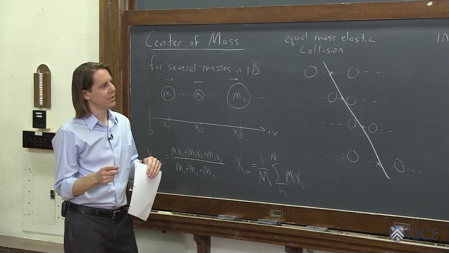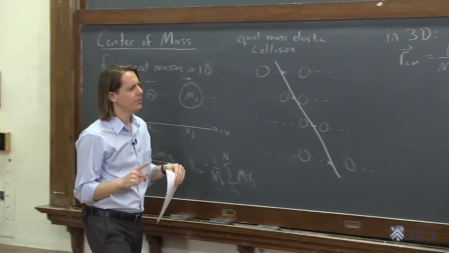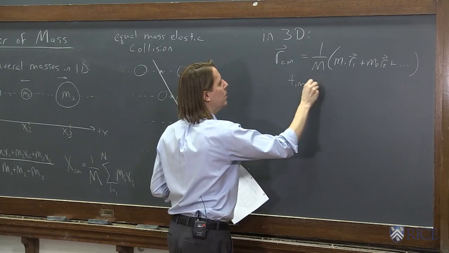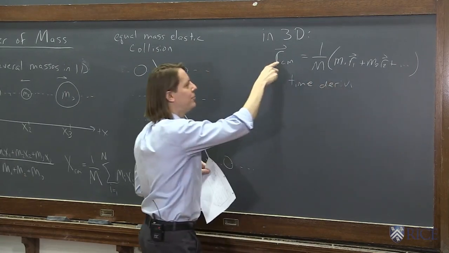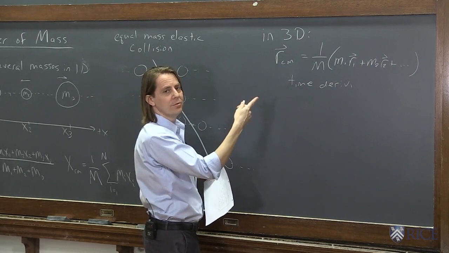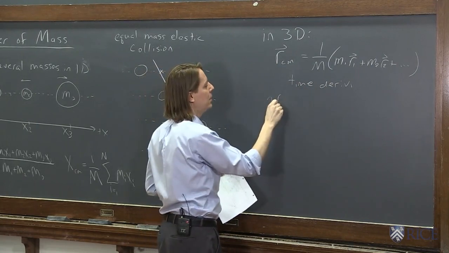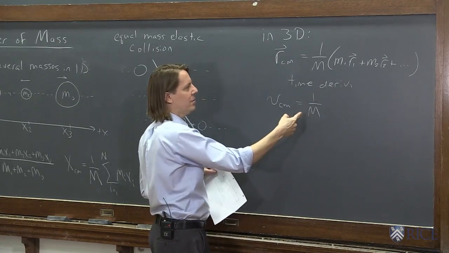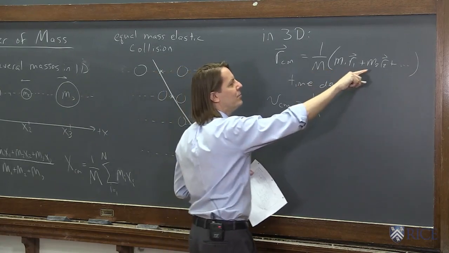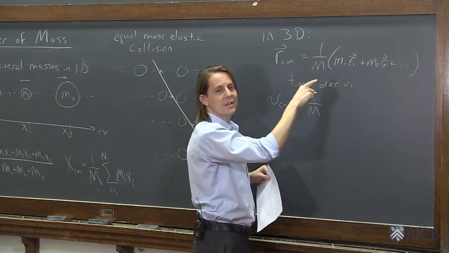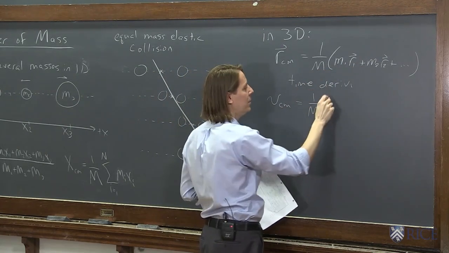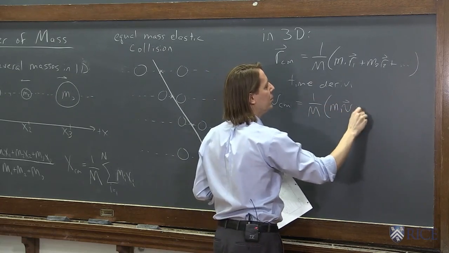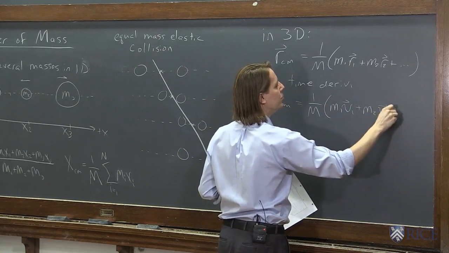But then it gets kind of interesting. What if we take a time derivative? What is the time derivative of the center of mass? This is why it's useful here. A time derivative of the center of mass is d/dt of the position of the center of mass. Well, that's the velocity of the center of mass, right? So that's 1 over the big mass, which doesn't depend on time. And then the time derivatives here, well, that's constant, but dr1/dt is the velocity of mass 1. So mass 1 v1, right, plus mass 2 v2 plus